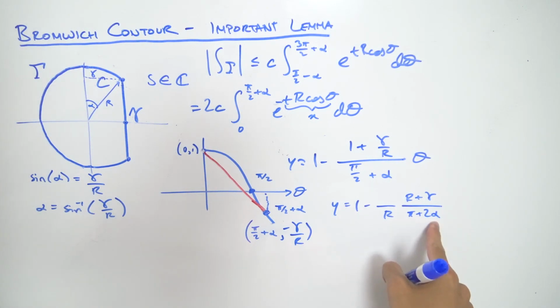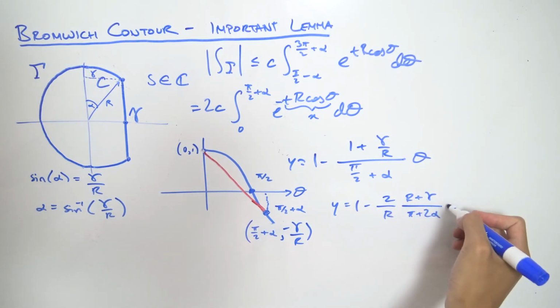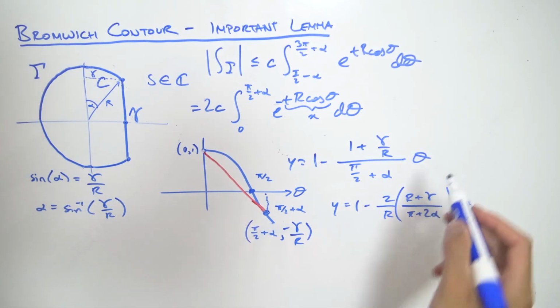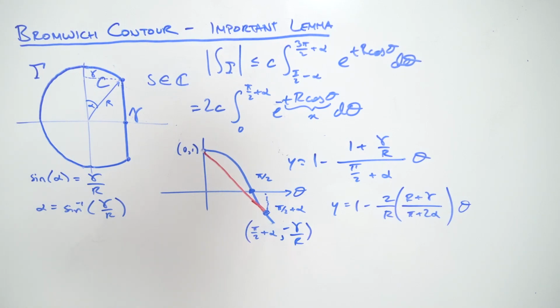So that's multiplying the denominator by 2, multiplying the numerator by 2, we're going to get a 2. And obviously, let's put this in parentheses, and let's put a theta there. So what can we say right now? We can say that for all theta on this interval, so that's the interval 0, pi on 2 plus alpha,